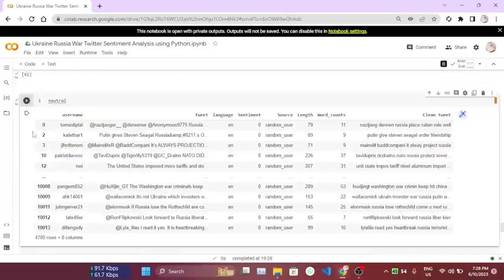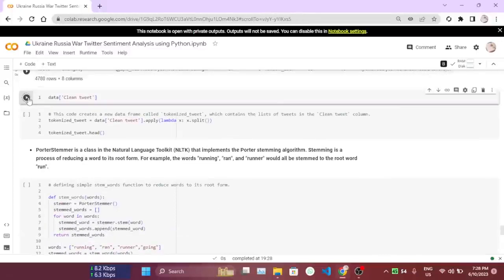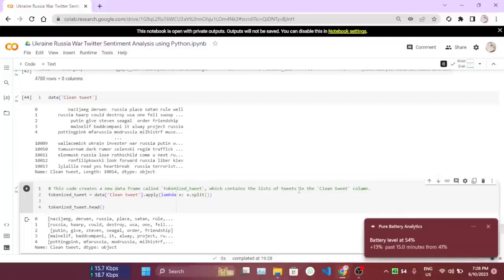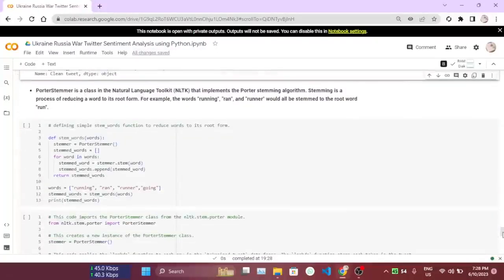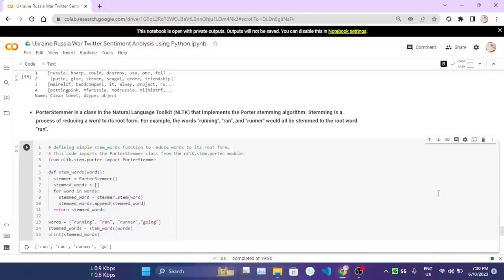Printing the neutral dataset, and this code creates a new data called tokenized tweet, which contains the tokens of the tweets in the clean tweet column. Here we are using the Porter Stemmer, which is a class in the Natural Language Toolkit that implements the Porter stemming algorithm. Stemming is the process of reducing a word to its root form. We have defined a simple stem words function to reduce words to their root form. This will stem all words to their root words,